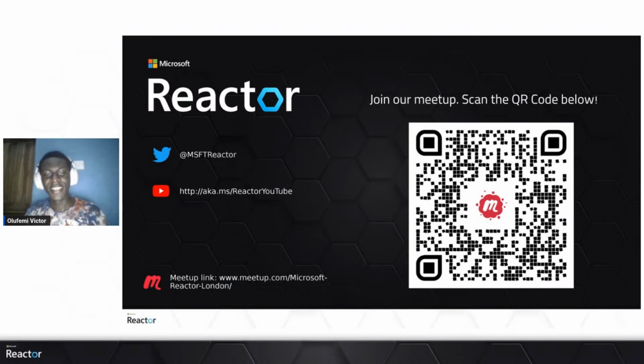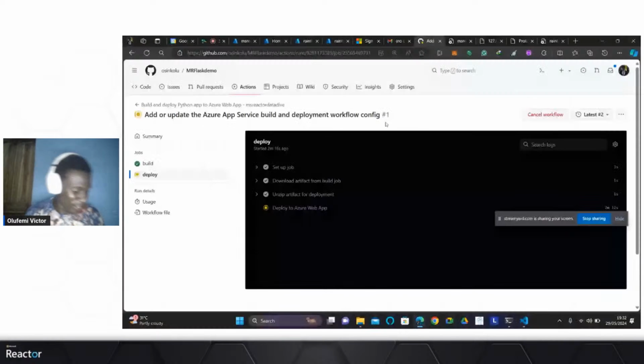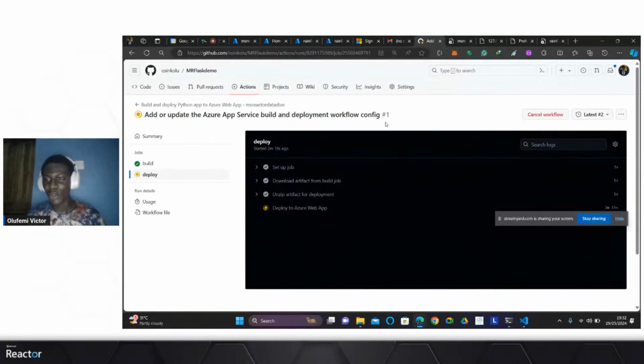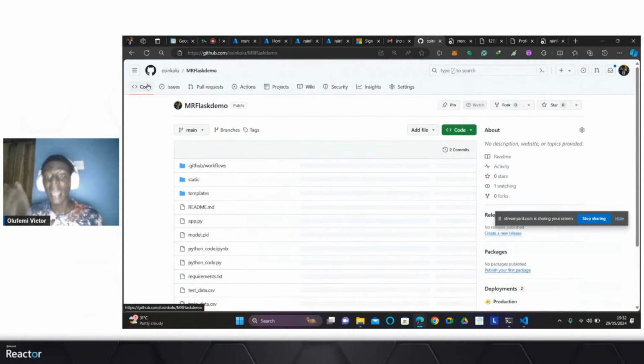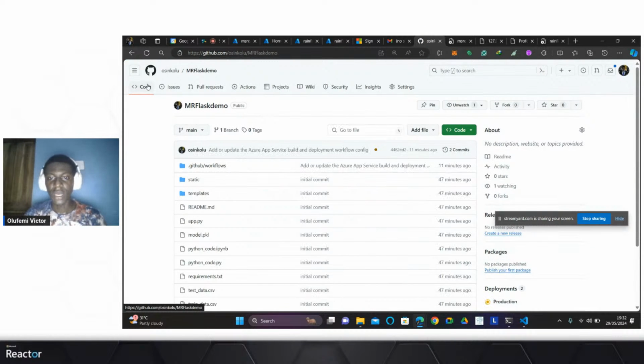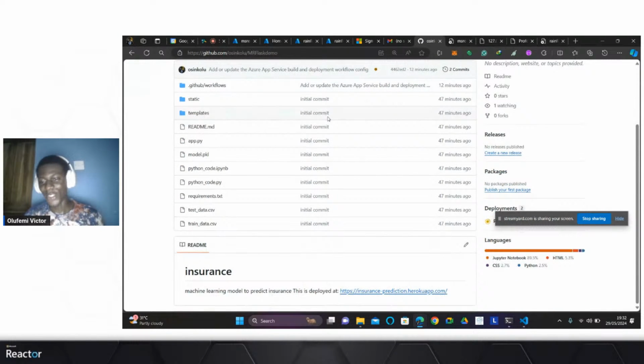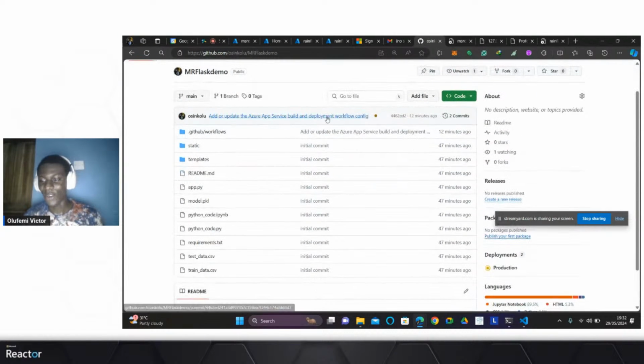All right. Oh, okay. Awesome. So just to point out again, Rav, you can of course still share the link, or you can find it at github.com slash Oshinkolu slash the MR Flask demo. So for those who would like to download the code directly and then use it to practice or do a test case. And of course, as mentioned earlier, the Cloud Skills Challenge is also there for you to walk through and learn more.